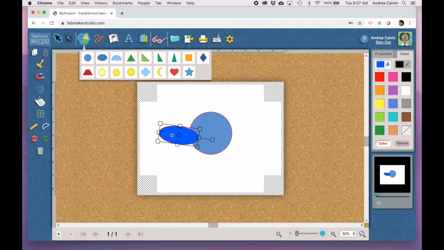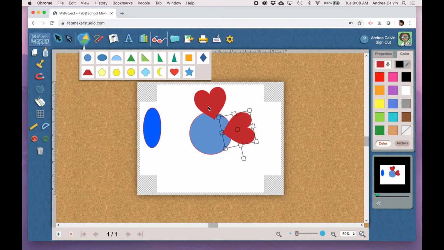But I think I'm going to use hearts. So I'm putting this heart here, and I'm just going to play around and move around with some of the hearts. I might speed this up a bit so you guys aren't just watching me move around hearts, but there's